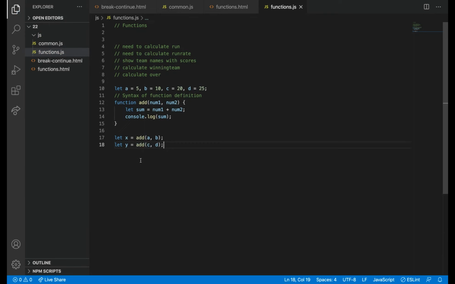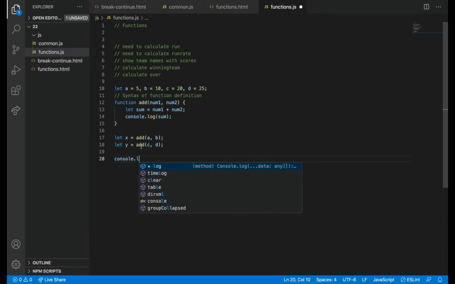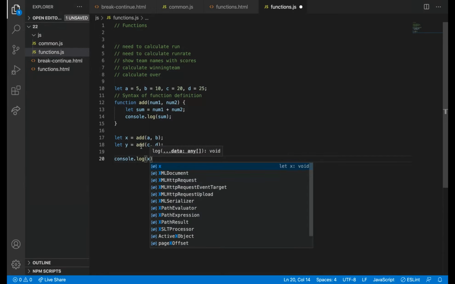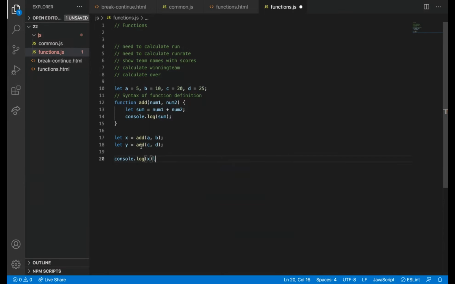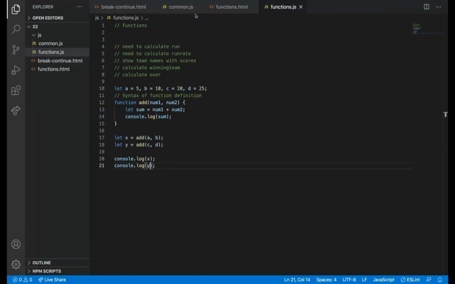First we will check what it is printing. console.log of x, console.log of y. Undefined, because x and y don't know the value. But now what I'm going to do is return sum.